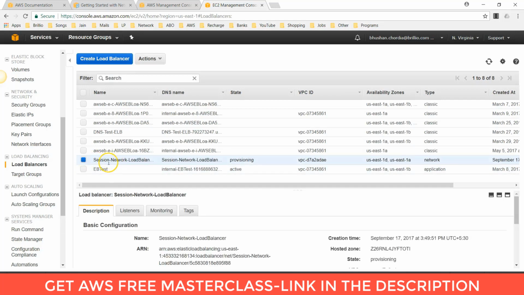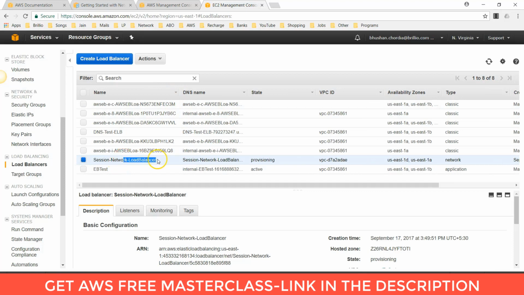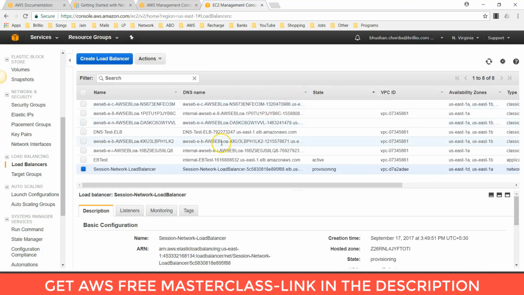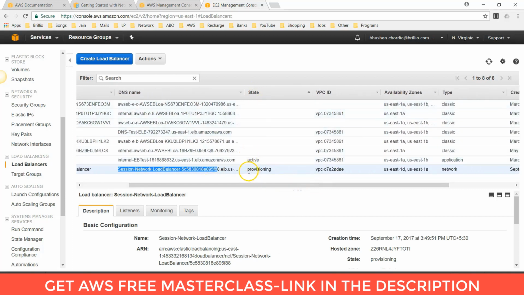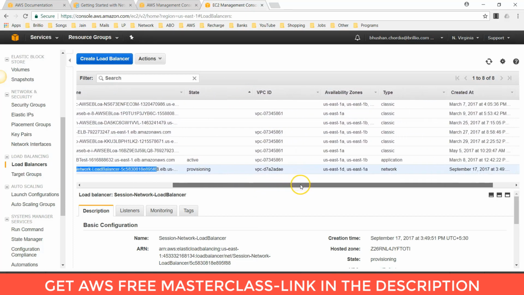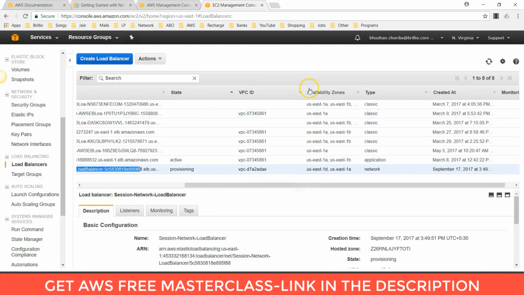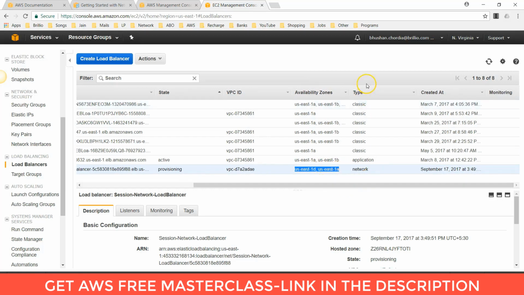Here you can see the session network load balancer which is created successfully. This is the DNS name for the load balancer, and you can see the state as provisioning. You can check the availability zones which we had given at the time of creating the network load balancer, and here you can see the type of the network load balancer.